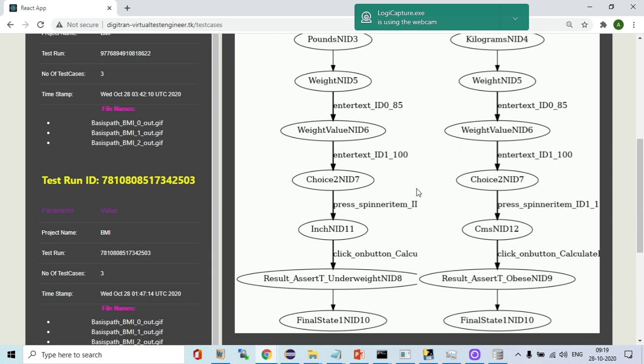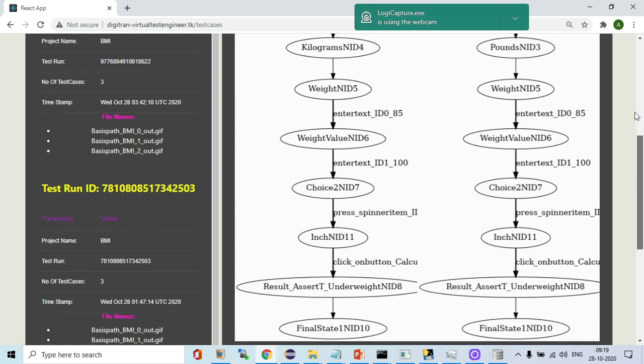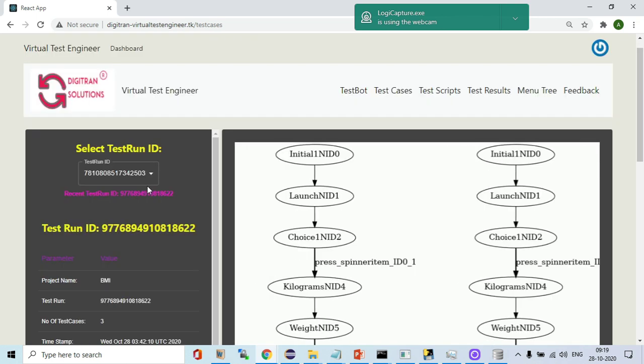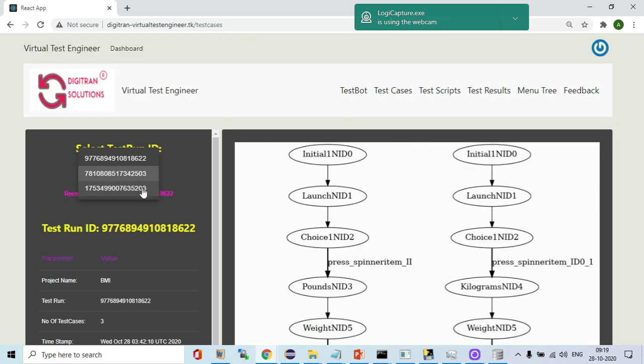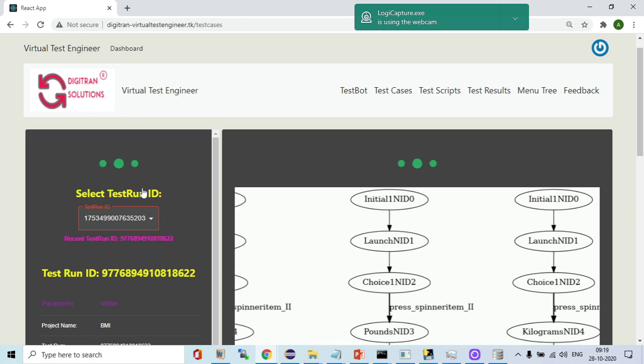So always you can stop, and when you move the cursor it will stop automatically. The difference you can see here only. We'll see other test cases also, previously run test runs also. So here you can see another one.